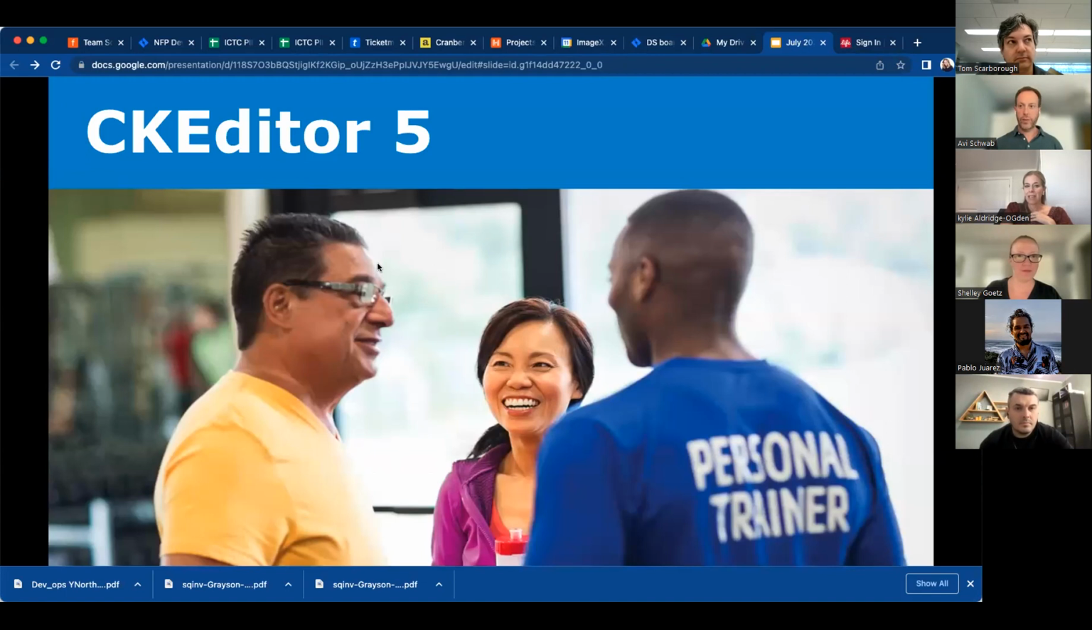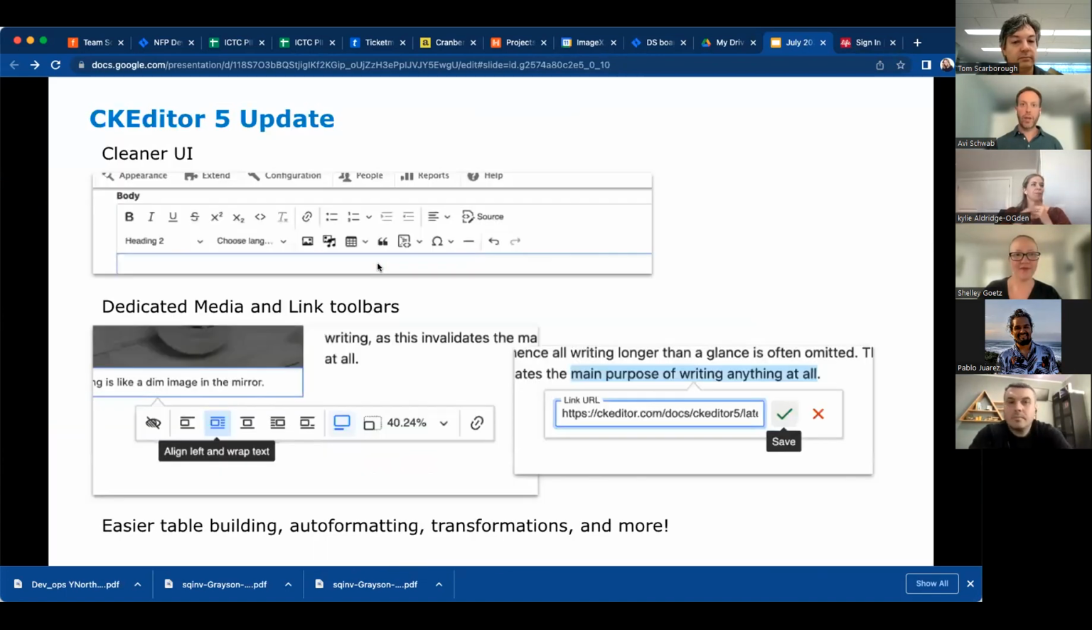CKEditor 5. Yay. So we've talked about CKEditor 5 a bunch of times. We just wanted to reiterate and explain again what to look forward to. This is going to be coming in the next release. It's something that was built into Drupal 10. CKEditor is the WYSIWYG, the Word-like, however you want to describe it, rich text editor that you use in your site